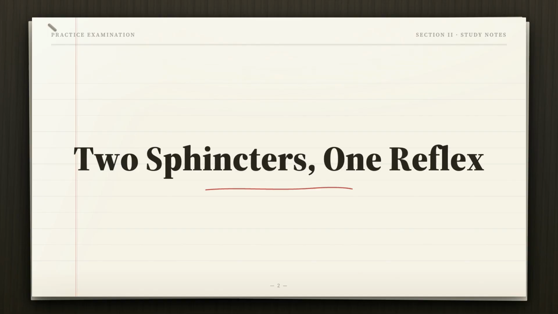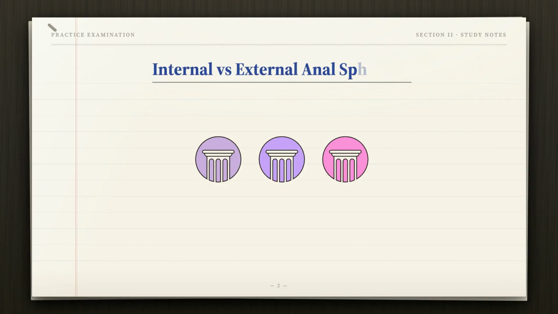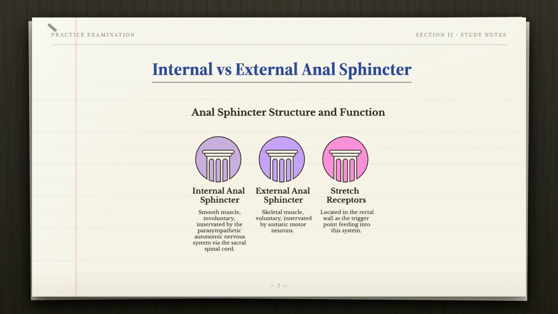Continence is a control problem. The rectum must empty completely when it's appropriate, and stay closed when it isn't. Neither pure reflex nor pure willpower can solve that alone. So the body splits the job between 2 sphincters. The internal anal sphincter is smooth muscle, entirely involuntary, controlled by a parasympathetic reflex through the sacral spinal cord. The external anal sphincter is skeletal muscle, innervated by somatic motor neurons, and stays under conscious control, giving the brain